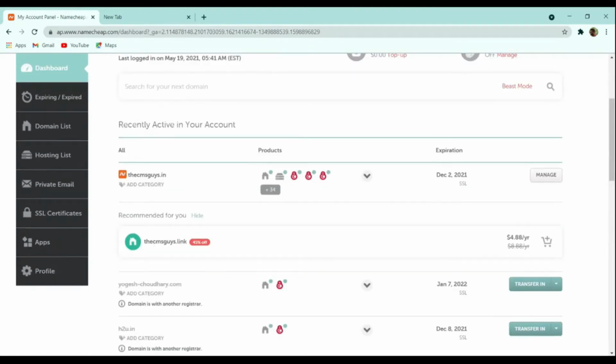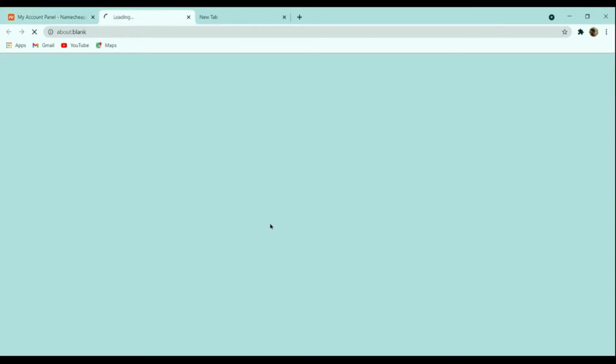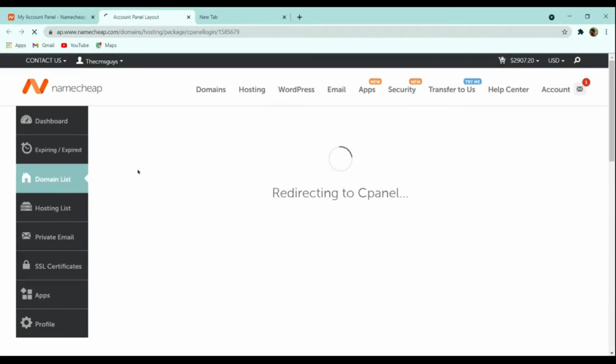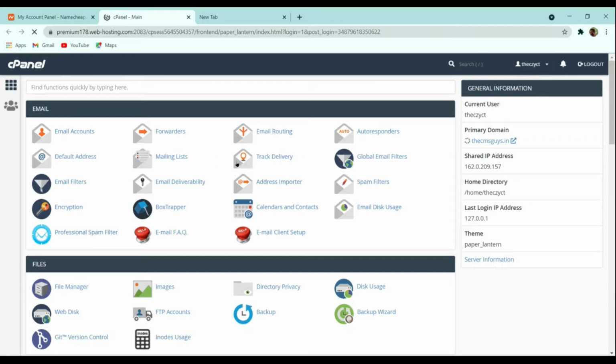As we have got the hosting and domain, our next step is to set up WordPress. From this dashboard, when you hover over this, you can see the go to cPanel option. From here, you will be redirected to the cPanel. After that, we have to install WordPress.